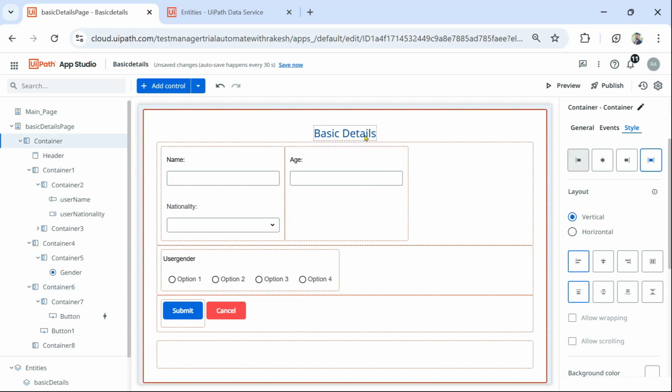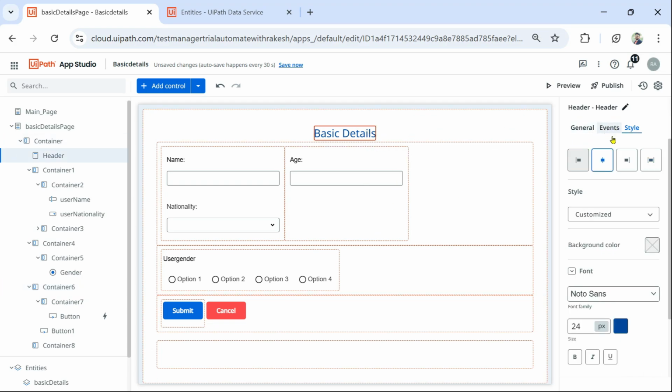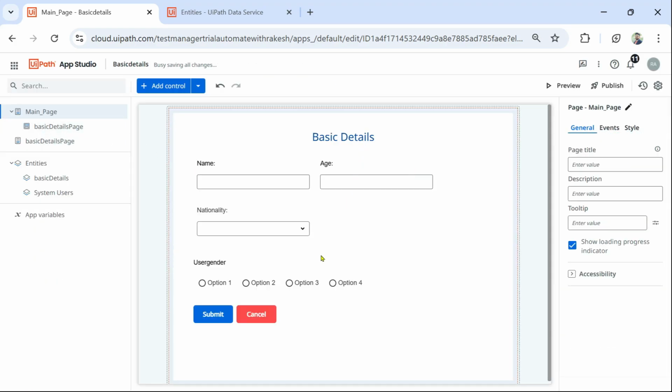You want to change the title, you go ahead and change the titles. So all this customization, you can pretty well do over the form. Let's say I'm happy with the form. Let's click on the main page. So this is how it will appear. And if you hit on preview,